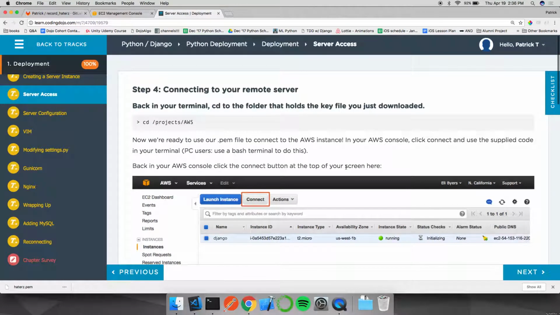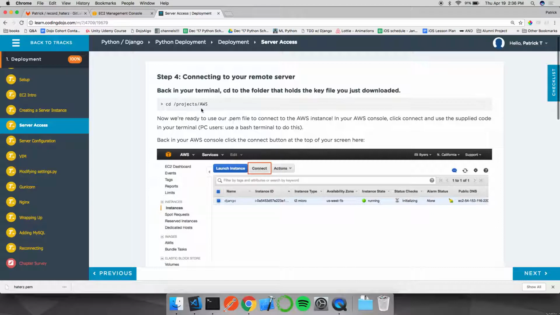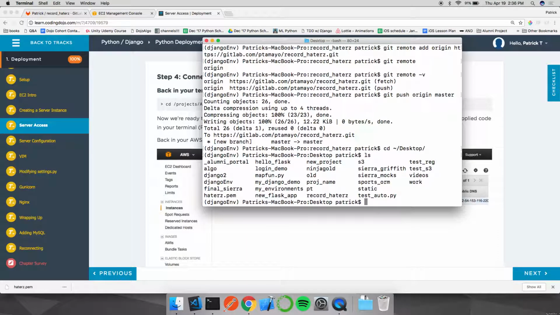This is going to talk to us about how we can connect to the server. Because ultimately we still need to get our tech there. We need to get our application there. And we need to set up some daemons to keep the processes running properly. So a little weird, but we want to navigate to wherever we kept that PEM key folder. Mine's on my desktop. So I will cd back to my desktop, ls, and I can see